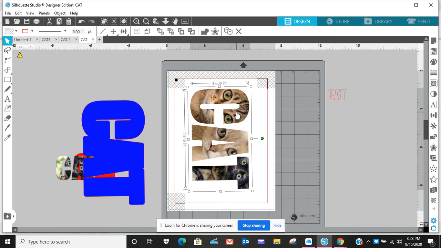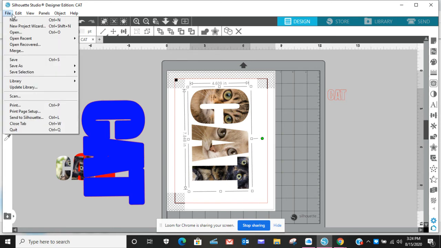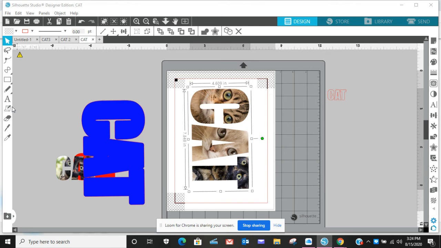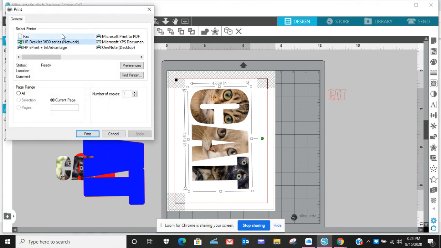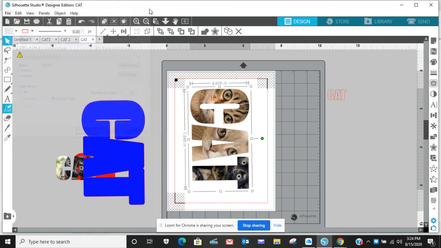After you've gotten your sizing and everything, you would go to file. I'm not going to print it, but I'm just going to show you. You would go to file, then you would go to print. And then after you go to print, you just select your printer and then you're going to select print. And then after that,